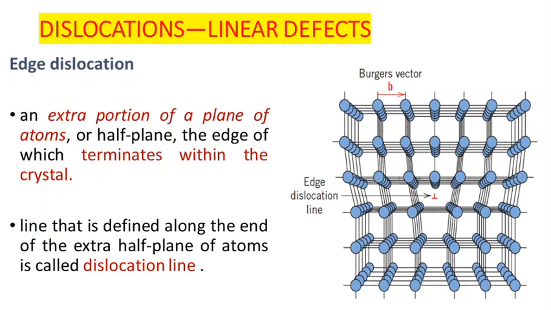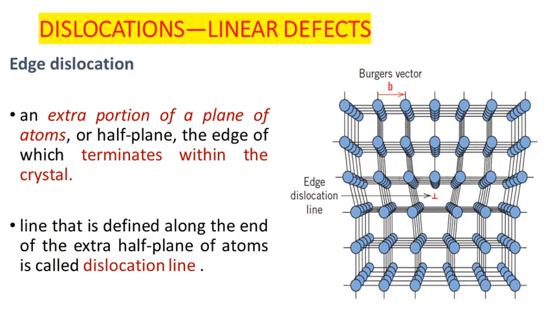As the name indicates, these kinds of defects create an effect along a line, or in a linear fashion. First we will discuss the edge dislocation, the first kind of defect in the second classification, the linear defects or one-dimensional defects. Edge dislocation is the presence of a plane of atoms, or a half plane of atoms, which is terminating within a crystal lattice. An extra portion of atoms, normally not a complete plane but an extra plane, which terminates halfway or midway within the crystal system, is called edge dislocation.